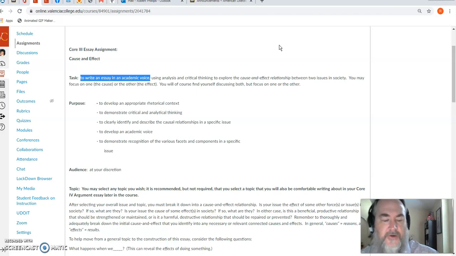So elements of that first person, like those phrasings, may not be really useful or necessary here, and they could even be counterproductive by reducing it to only your opinion. What you're trying to do at this point is really make your reader start to agree with you, not just tell them what you think. If it's just your opinion, I don't need to agree with your opinion. We all have opinions.